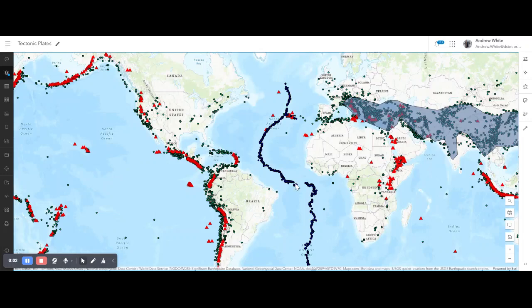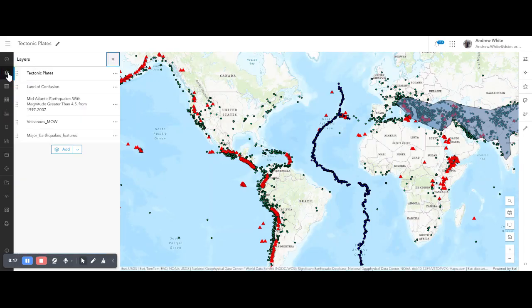So you should have a map with volcanoes, earthquakes, and the Mid-Atlantic Ridge on it. If you cannot see this layer of earthquakes in the middle of the Atlantic Ocean, you're going to want to click on layers, and you can turn the visibility of any particular layer on or off by clicking on the eye. So for instance, the Mid-Atlantic one defaults to being turned off, so you'll want to make sure that you